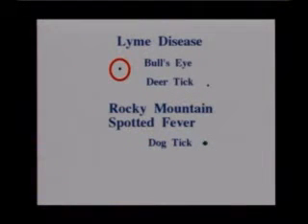Now, another related disease that's spread by a tick is Rocky Mountain spotted fever. This is not an arthritis disease, but I do want to address the issue. This is spread by a different tick. It's called the dog tick, which is a bigger tick. It's easier to see, the dog tick. They call it the dog tick because it likes to get on your dogs and cats if they go outside.